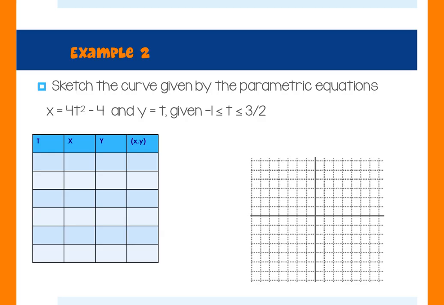All right, so example 2, sketch the curve given by the parametric equations. This time your t values are -1 to 3/2. So it doesn't mean you have to go in equal increments. Obviously there's going to be a fraction there at some point, but you could avoid it until you have to have it. So I could start with -1, I could do 0, I could do 1,